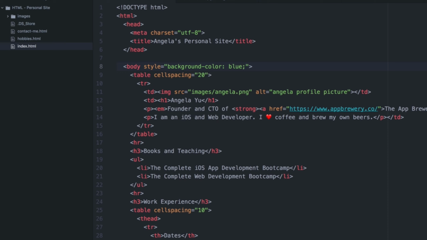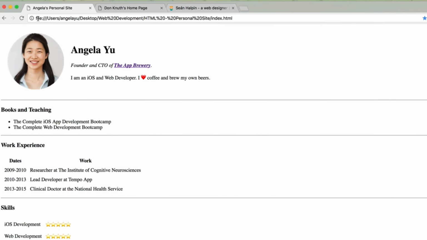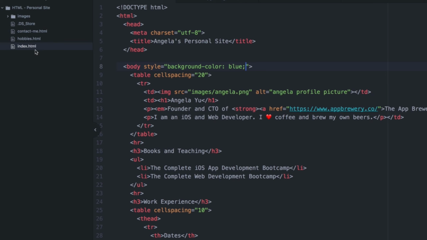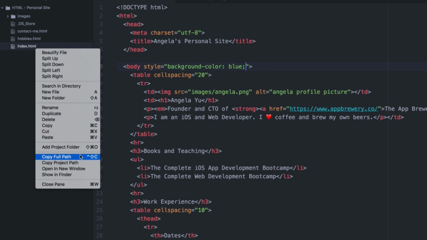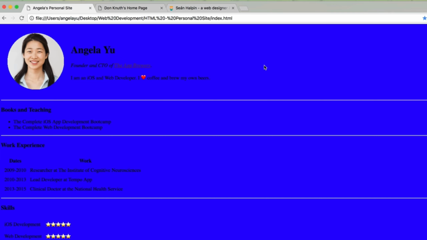And now if I hit save, and if I go back to my browser, and remember that we're working with the local file, not the one that you might have hosted on GitHub, but this is where our development is going to happen. So if you don't have it up, remember you can simply right-click and go to copy full path and paste it in here in order to get to that website under development. So once you're here, then if you hit refresh, you'll see our CSS code being implemented, changing the entire background